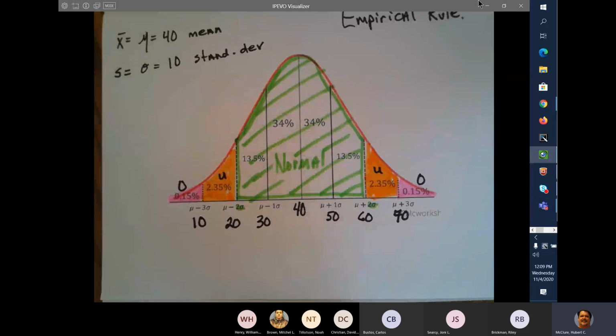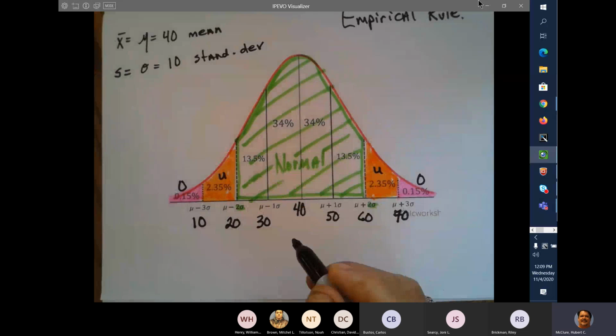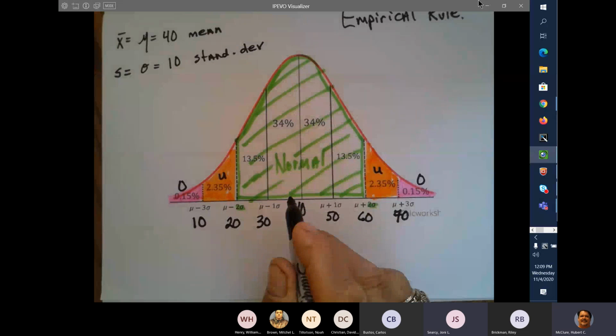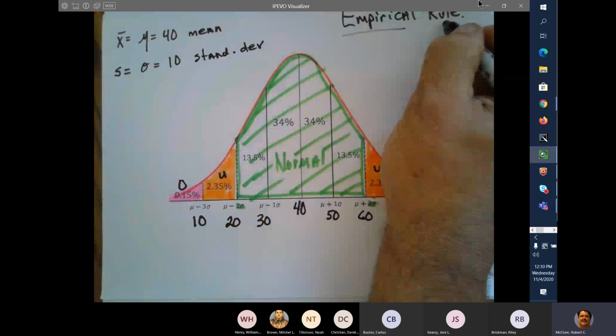Because not a lot of people can get a full scholarship to Cambridge or a full scholarship to MIT. Okay, so that's unusual. You don't come across that every once in a while. And then most of us, unfortunately, where do we end up? We end up in the middle because we're average. Okay, so that's the empirical rule. This right here